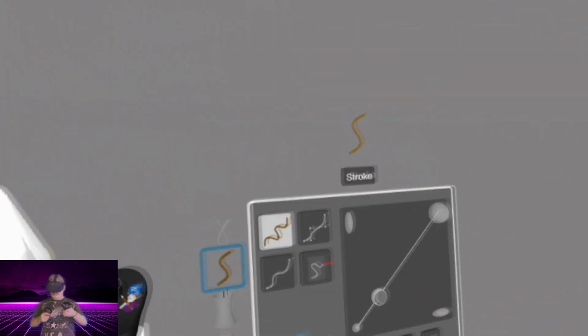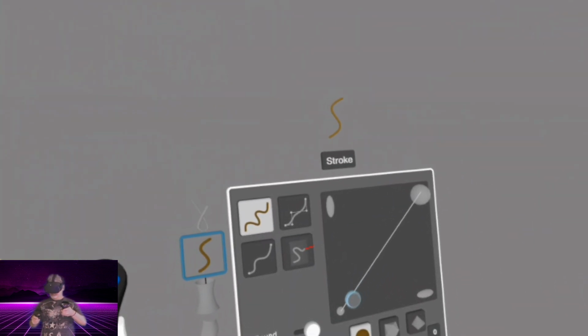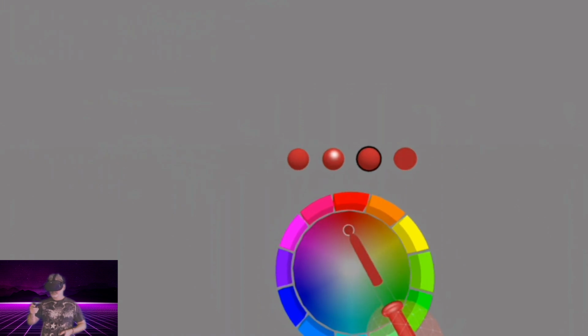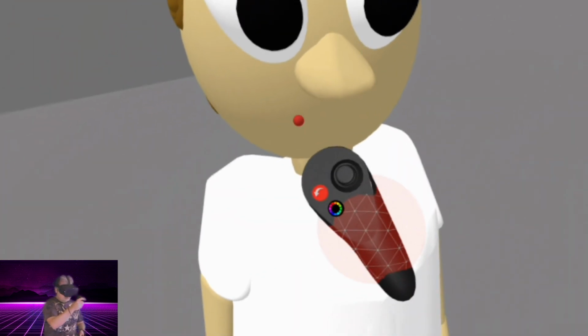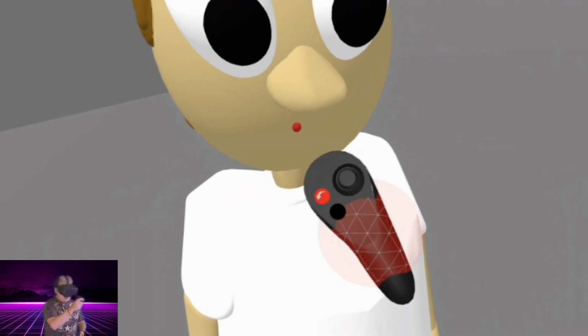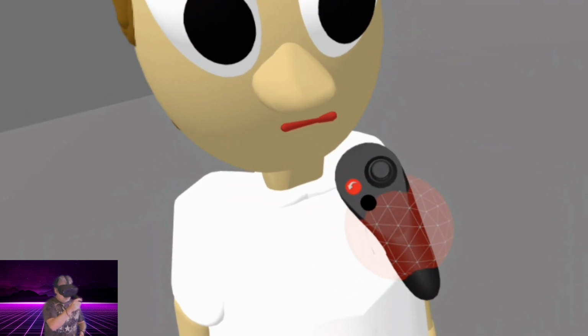Alright, now we need to draw his mouth, so we're going to go ahead and drop the thickness down, and we'll go ahead and select the stroke tool after we pick the color. And we'll go ahead and draw a mouth.